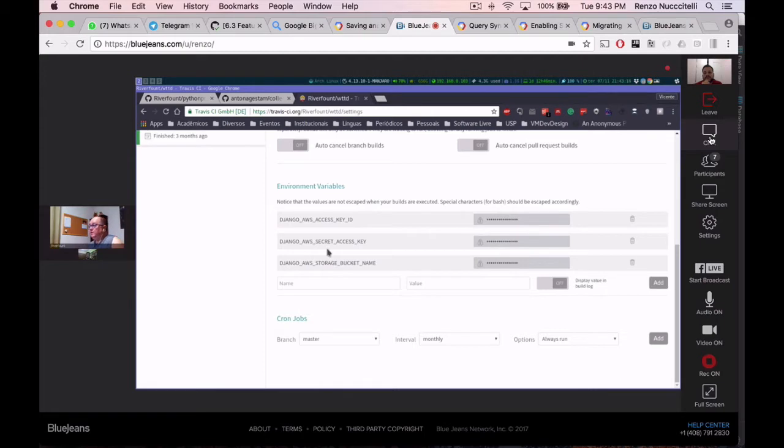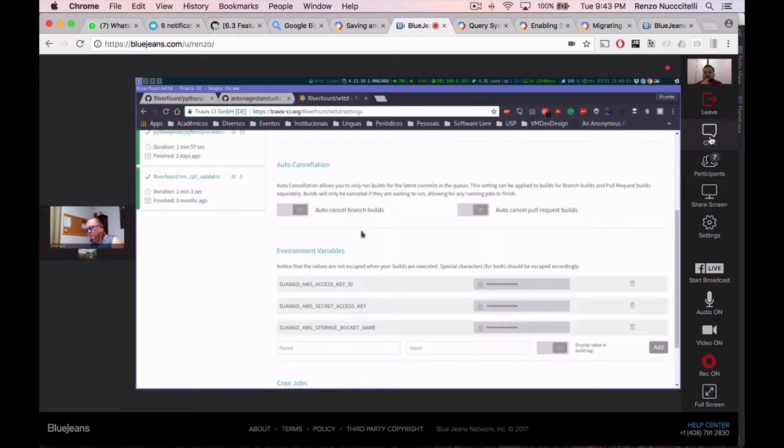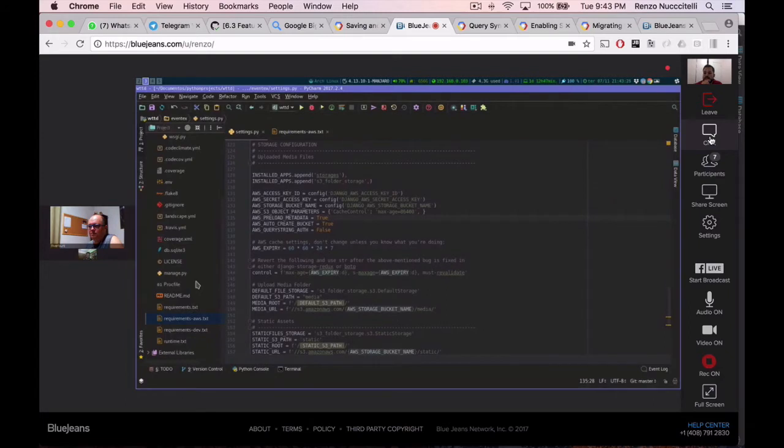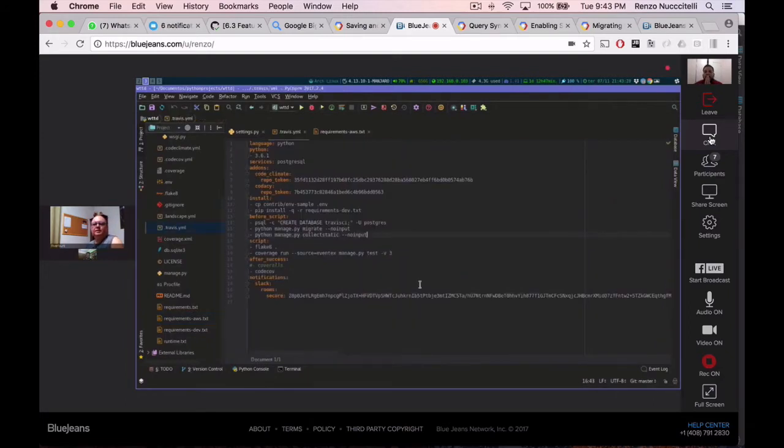And the first problem I had was that I need to put --noinput in the python manage.py collectstatic, because collectstatic asks a question